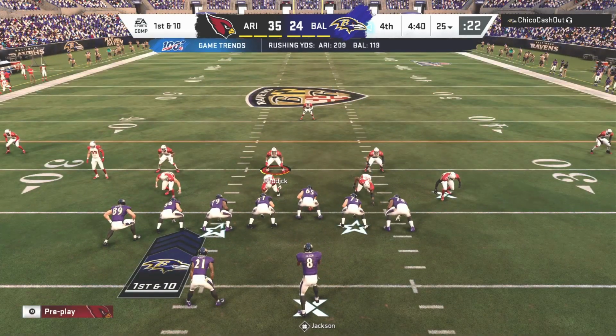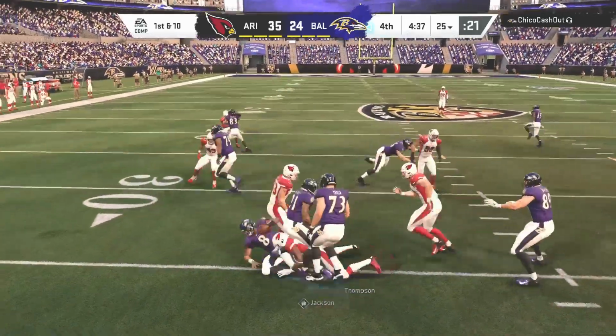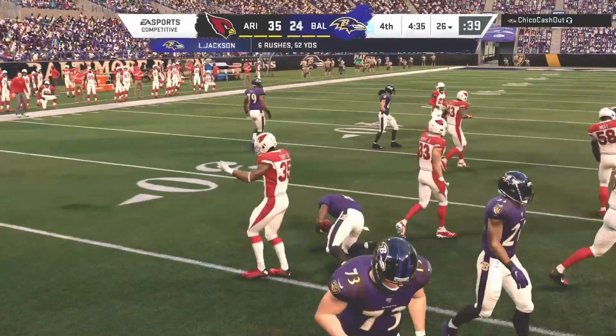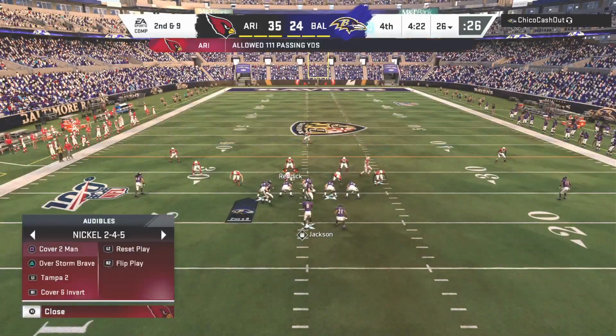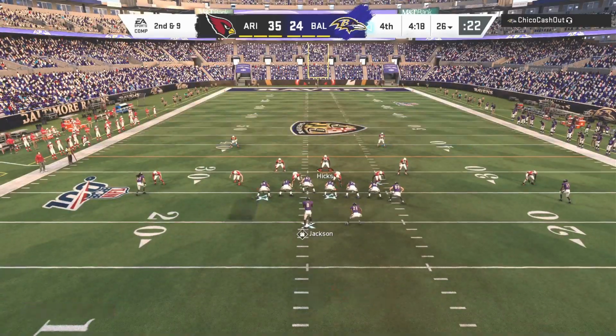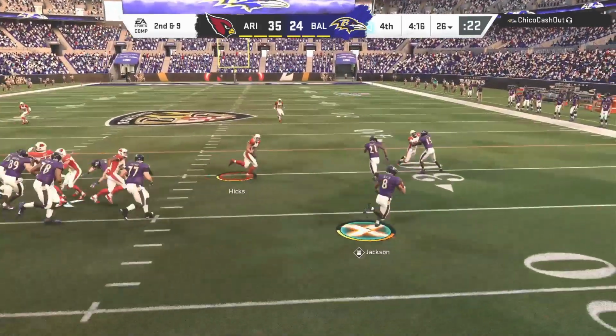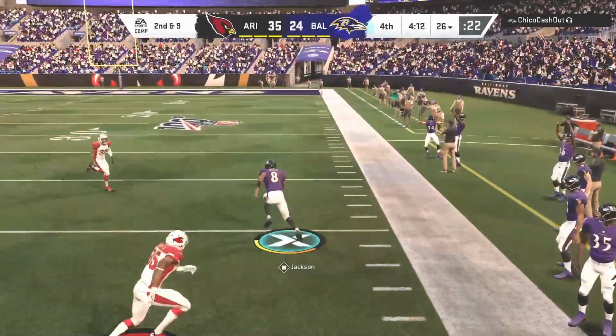And following the interception, just any interception, are you a little bit more cautious when you start that next drive, or no, you just throw that out the window? I think you are. I don't think that there's any way you can run back out there and go, totally didn't affect me. Let's just go ahead and be loose with the football again. You're going to take care of it, but you have to be careful about being too cautious because now you can't run any offense at all. Still want to